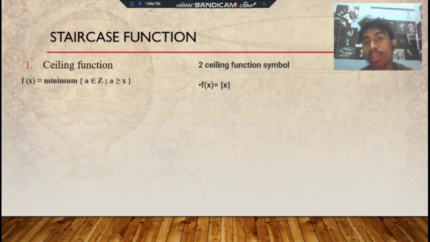Number 2, ceiling function symbol. The ceiling function symbol is also known as the smallest integer function. The notation to represent this function is the ceiling of x, written with brackets, so f(x) equals ceiling of x. The symbol of the floor function is also a type of square bracket. Next,